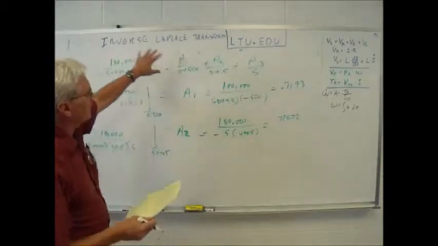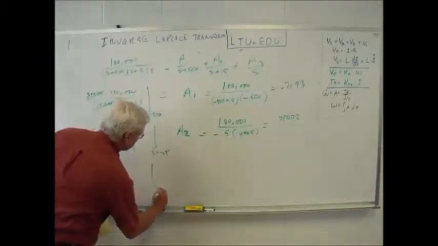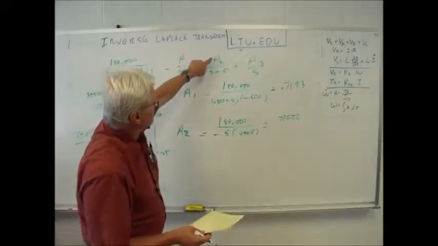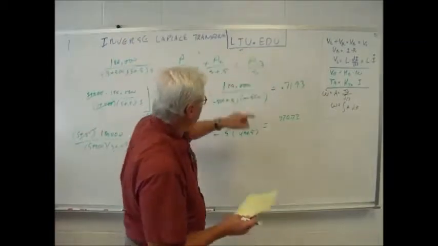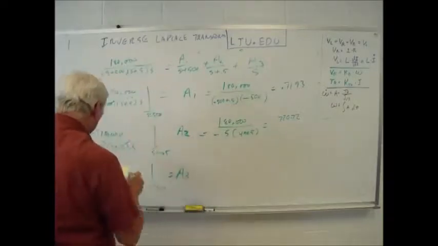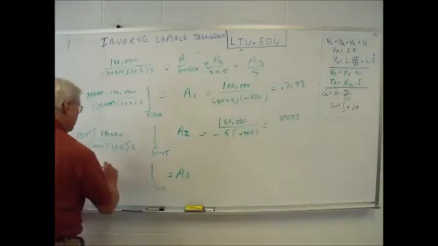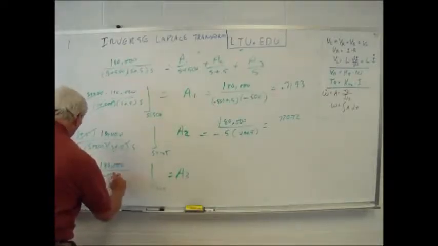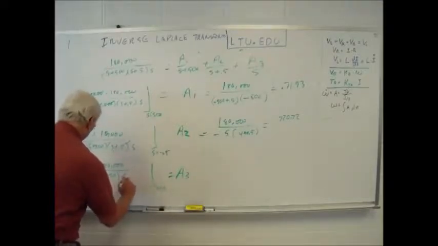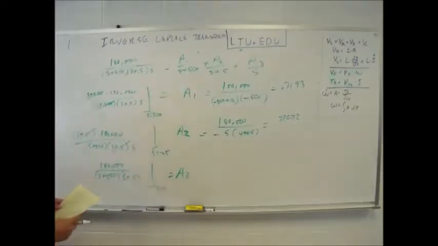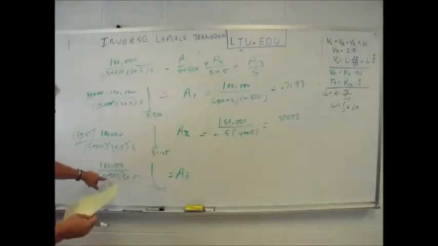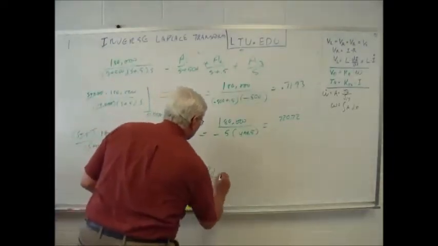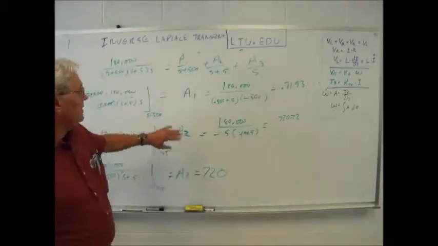And A3, I'm going to multiply everything by S again, evaluate it at S equals 0. So when I multiply by S, that'll cancel that out. When I evaluate S equals 0, S times that is going to be 0, S times that is going to be 0, and all I have left here is A3 because the S and the S will cancel. And on the left side, I have 180,000 over S plus 500 times S plus 0.5, S equal to 0, okay? So I end up with 0.5 times 500, so that's 180,000 over 250 equals 720. Okay? Not quite the same result we got by MATLAB, but that's because I tweaked these up a bit